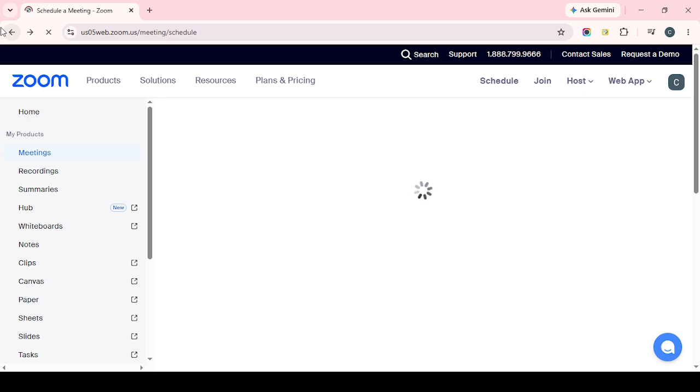After that, launch your next Zoom session to test the setup. It's a good idea to run a short meeting first so you can